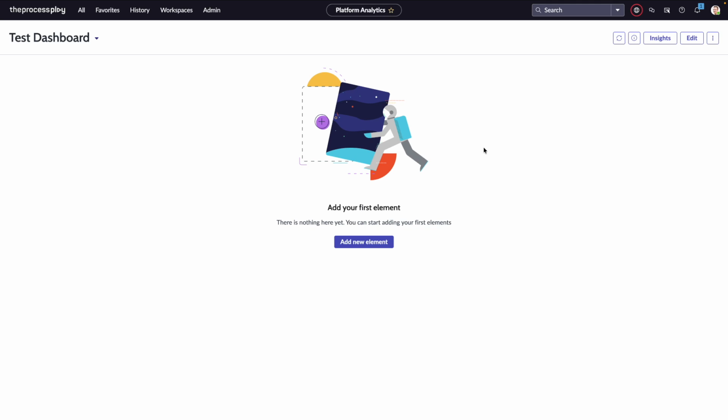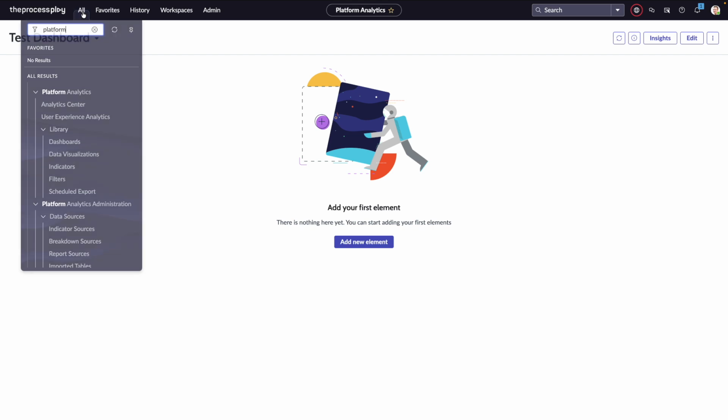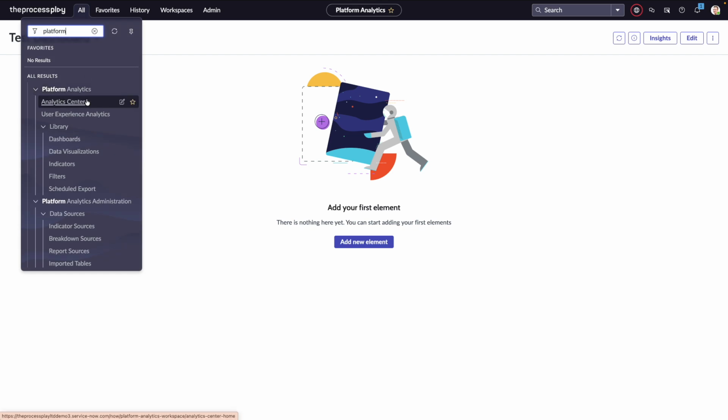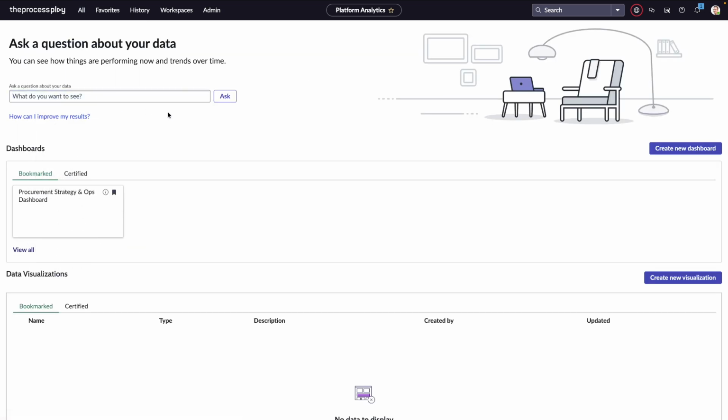I would have touched on some of these concepts previously, but we'll go just a little bit deeper than the previous video. So what I will probably just navigate from is the application navigator in the top left-hand corner. If I click on All and type in platform, you can already see I've started typing in platform analytics, and then I'm going to go to either Analytics Center or Dashboard. So let me just start off with Analytics Center,